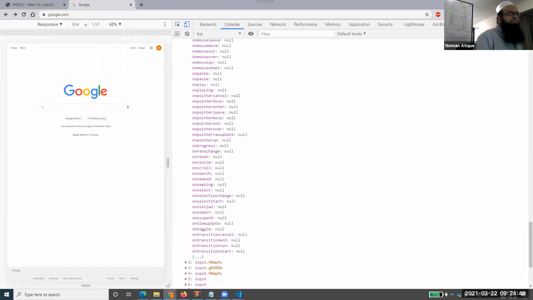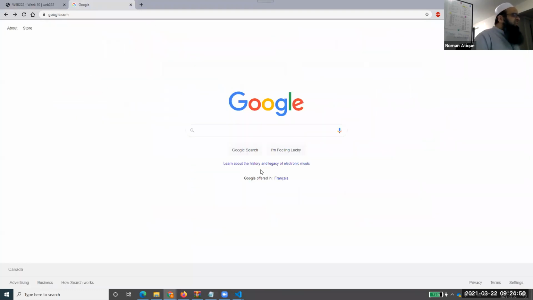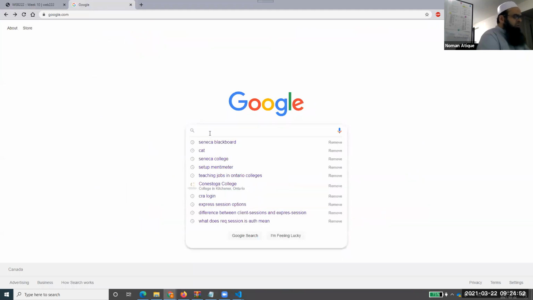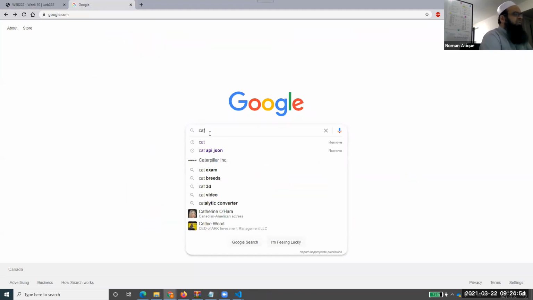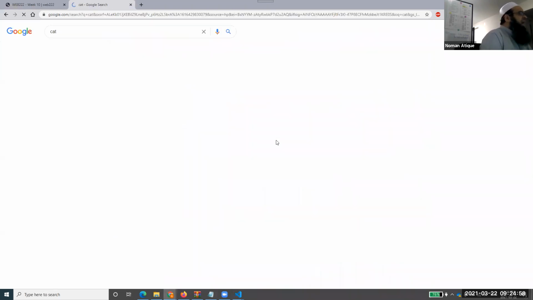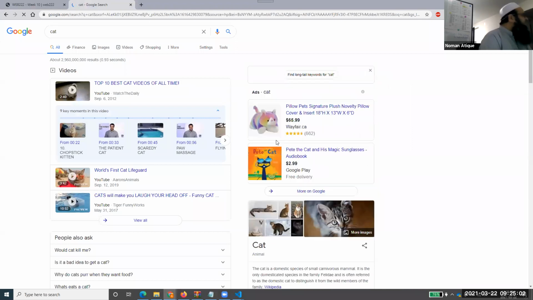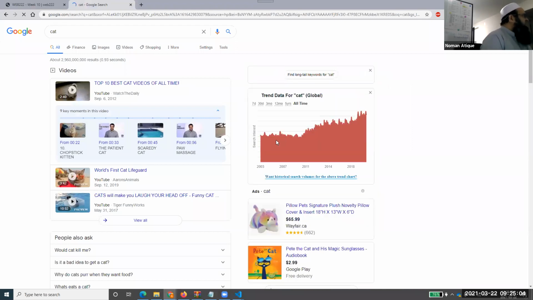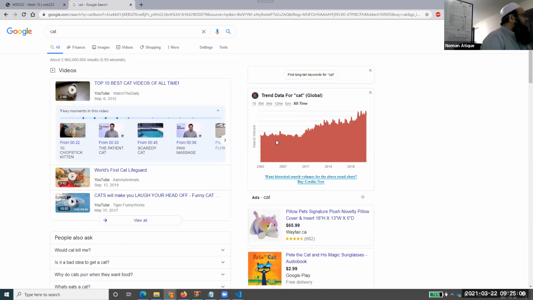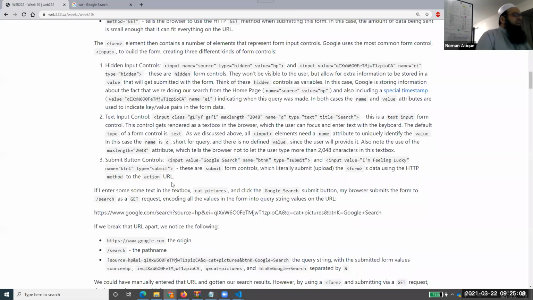Let me just close this one. There are certain fields which are not visible. I am just able to see this one where I am writing cat, right? And after writing cat, I am just pressing enter. So I think only this input box is going. But you know, there are 2 hidden input boxes which are going from behind. Can everyone sense that? Do you know what they are sending?